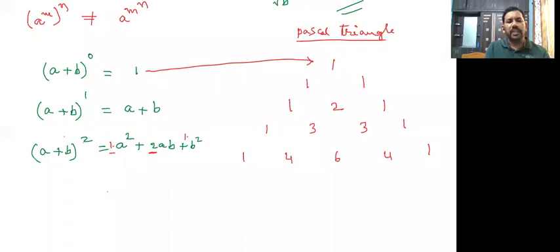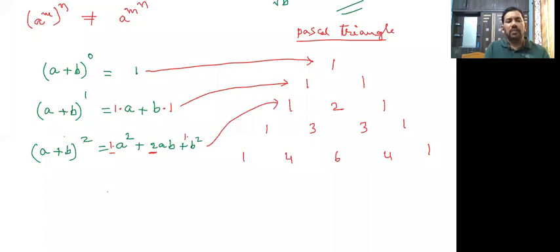Here observe that the coefficient should be 1. Here a plus b is there. The a coefficient is 1 and the b coefficient is also 1. That is 1, 1. But for a plus b whole square, observe that a square plus 2ab plus b square, that is 1, 2, 1.